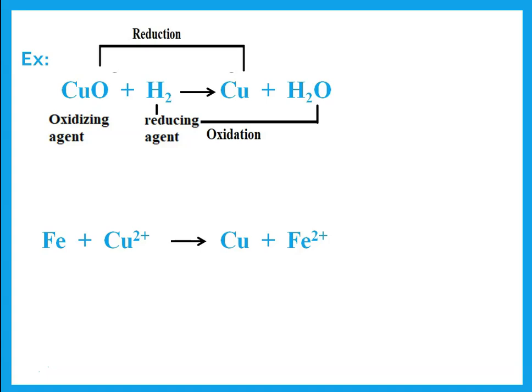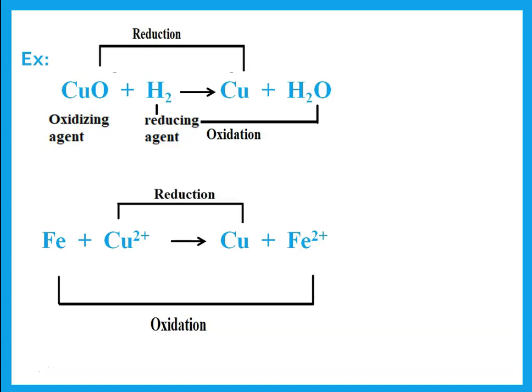The second equation, remember we said from Fe to Fe2+, that is oxidation. That means the iron has been oxidized. That means that the iron is the reducing agent. The copper 2+ has been reduced. So that is with respect to types of